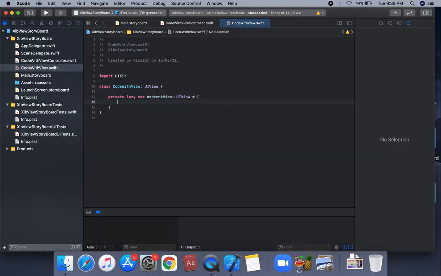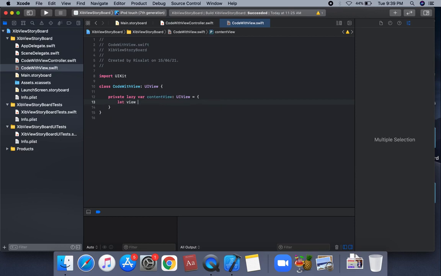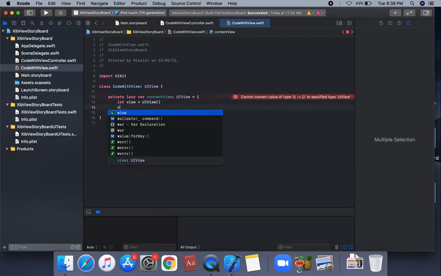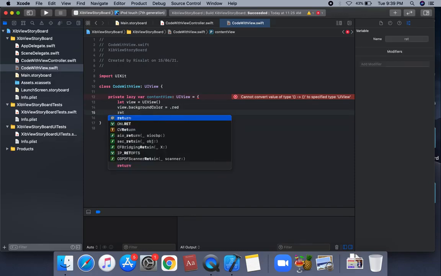Okay, and we're gonna create this content view. So let view is equal to UI view. We're gonna create the instance of the view. Then view dot background color: we're gonna apply the background color, view dot background color, dot red color, and return view.